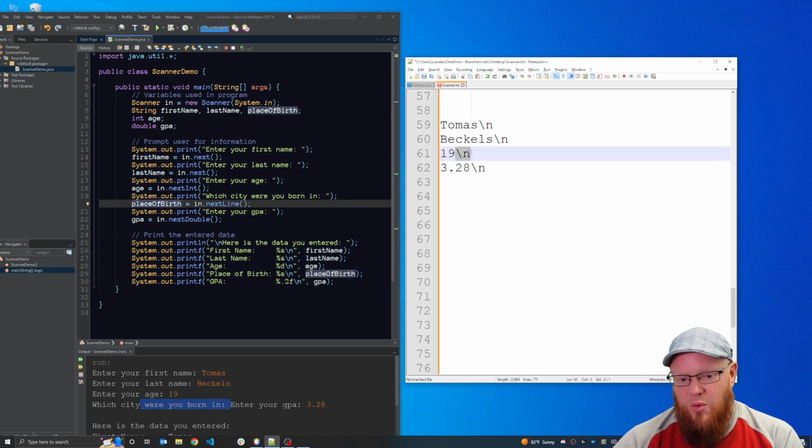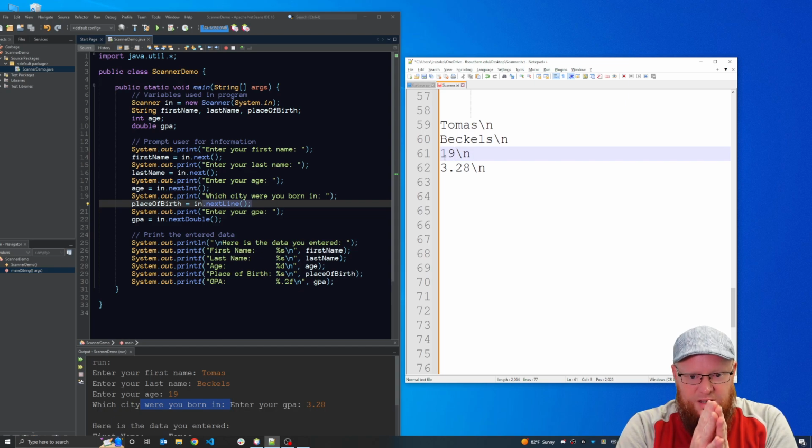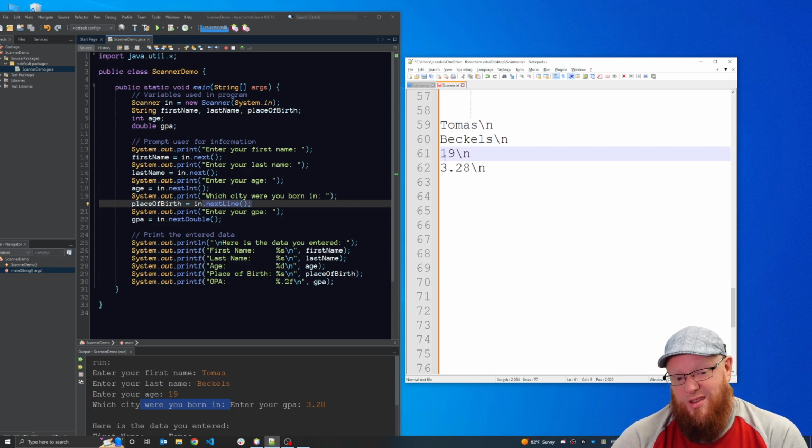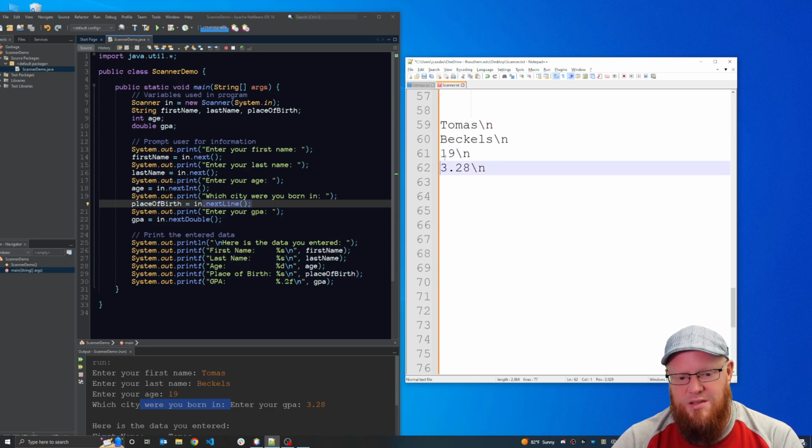And then we have this next line right here. And what happens? Because we have a new line right here. So again, one more time. We have the next line method that we're trying to execute, and the scanner is right here. Very succinctly, what happens? It tries to scan all the way until it sees a new line, and it wants to save that data into a string. Well, there's nothing to scan, so it's going to save nothing into an empty string. It's going to see this new line, it's going to discard it,